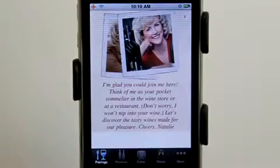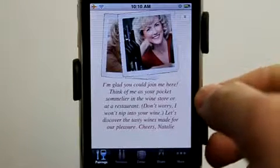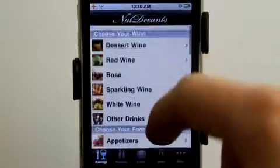Nat Decants is an application that's going to not only bring you wine pairings and reviews, but it's going to let you create and keep your own wine cellar information right on your iPhone. From the beginning, we get a welcome message. We can go ahead and get rid of that, and it takes us right into our pairings